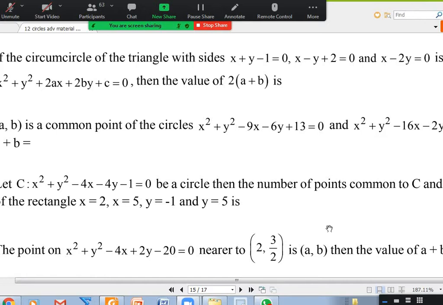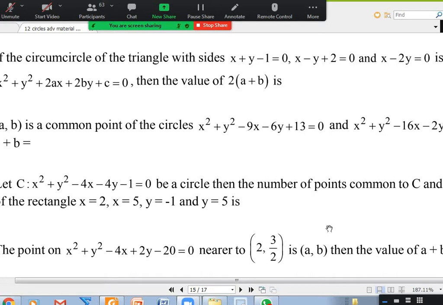Oh, they weren't only interested in the center, so I don't even have to find the circle equation, because they after all wanted 2 times a plus b. That is actually the sum of the coordinates of the center. So minus a comma minus b is directly the center. So directly I would have taken the midpoint of these two, that would be better. I don't need the circle. So what is this? 2 by 3 minus 4, minus 10 by 3, minus 5 by 3. This is also minus 5 by 3. 6, minus 5 by 6.